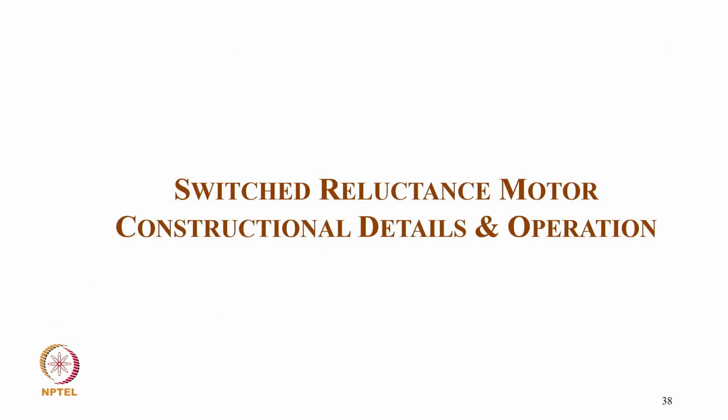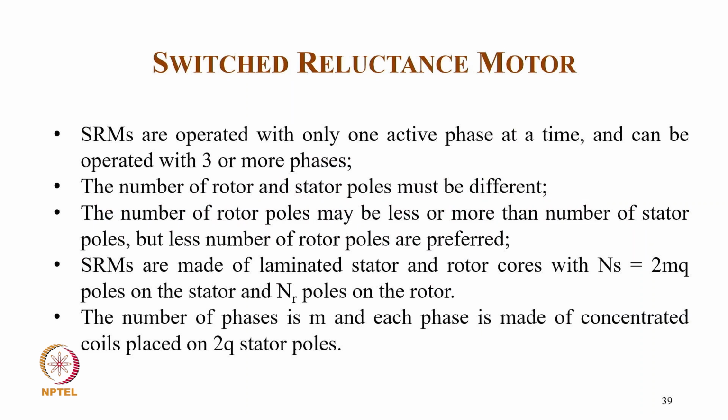Coming now to reluctance motor construction, details and operation. Reluctance motors are operated with only one active phase at a time and can be operated with 3 or more phases. The number of rotor and stator poles must be different. The number of rotor poles may be less or more than the number of stator poles, but fewer rotor poles are preferred. Reluctance motors are made of laminated stator and rotor cores with NS equal to 2 M Q poles on the stator and NR poles on the rotor. The number of phases is M, and each phase has concentrated coils placed on